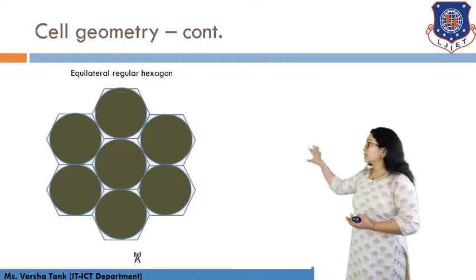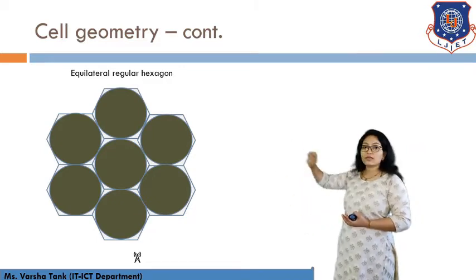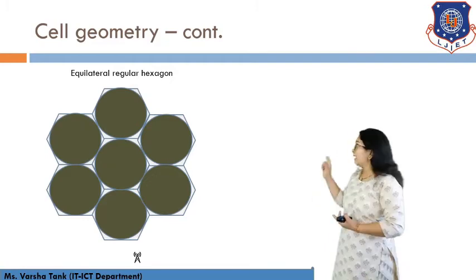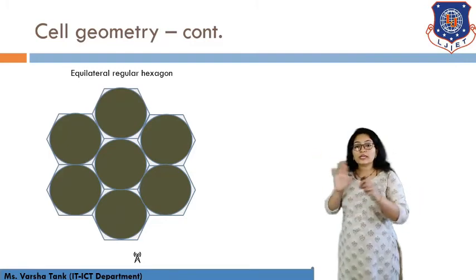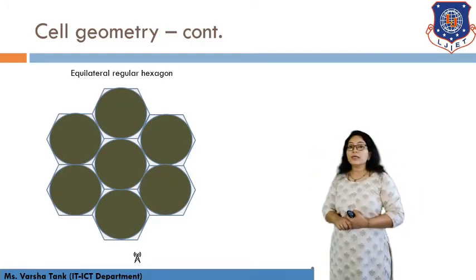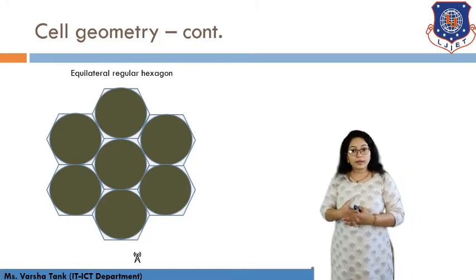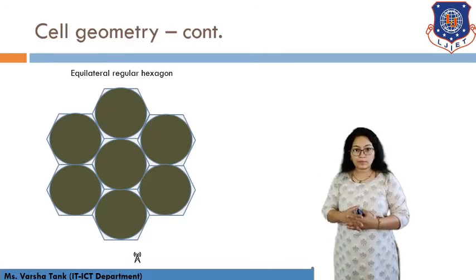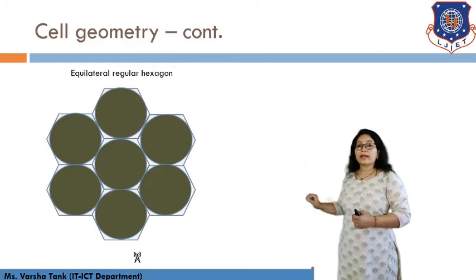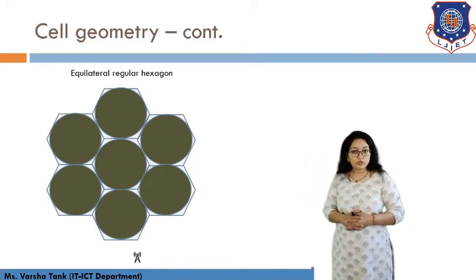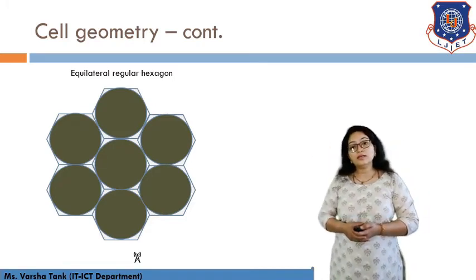So here you can see your entire area is divided into hexagonal cells, and in the middle of each and every hexagonal cell there is one antenna, and the antenna radiates the signals, and they can reach up to the edges of the hexagonal cell. Like this way we can cover the entire area with hexagonal cells, and no overlapping is there. So we can reach up to the edges, and we can detect the signals from the edges also. So we are considering this hexagonal cell in cell geometry.